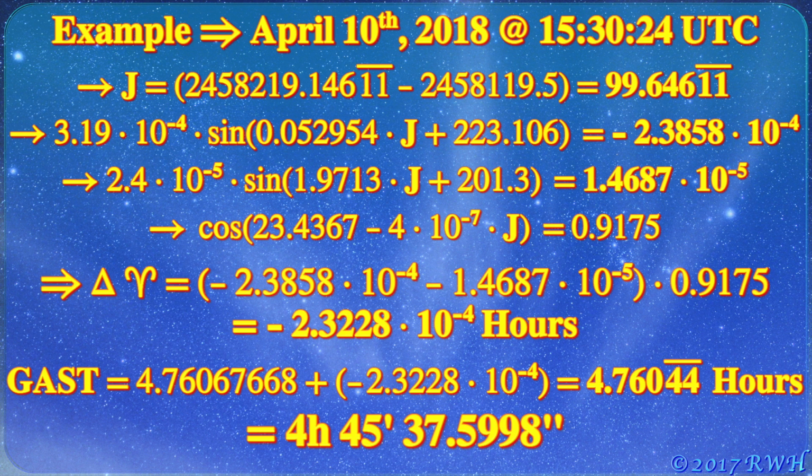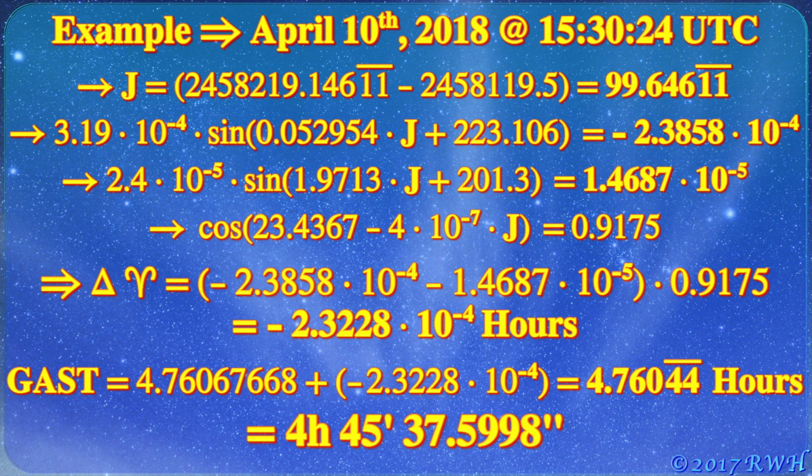For our example of the calculation of apparent sidereal time, we will use the date of April 10th, 2018 at 15:30:24 UTC, which has a Julian date corresponding to 2,458,219.14611. To find the value of j, we need to subtract the Julian date of the 2018 epoch from the JD of our example date, resulting in 99.64611. Next, we plug the value of j into the first term of the equation of the equinoxes, which results in a value of